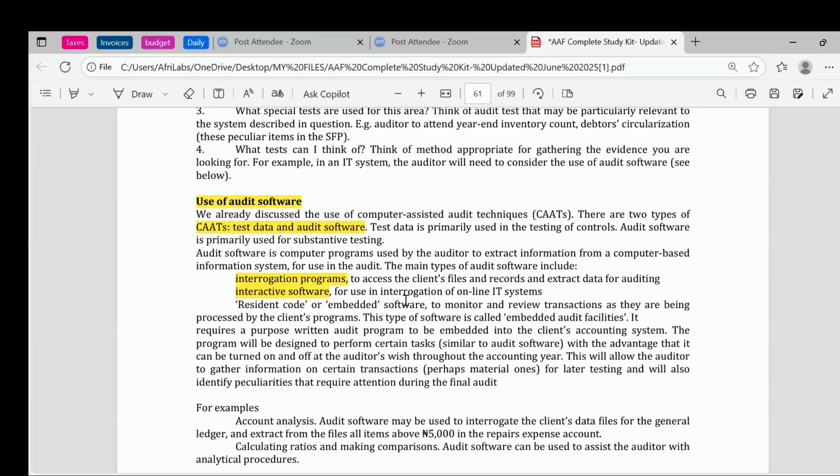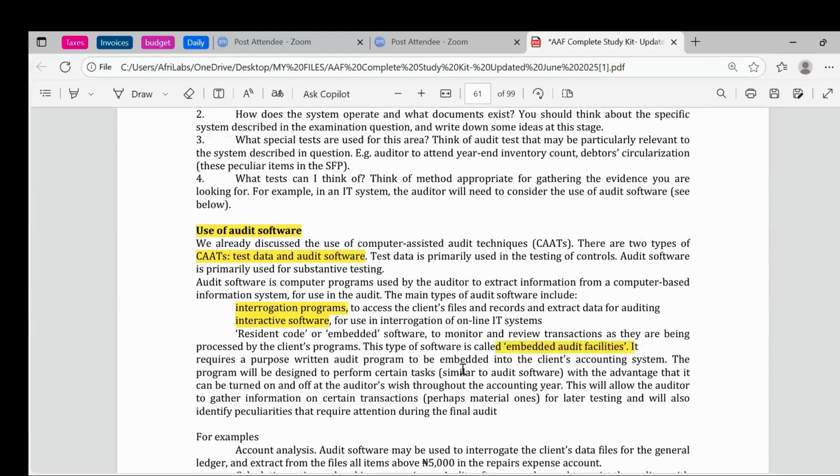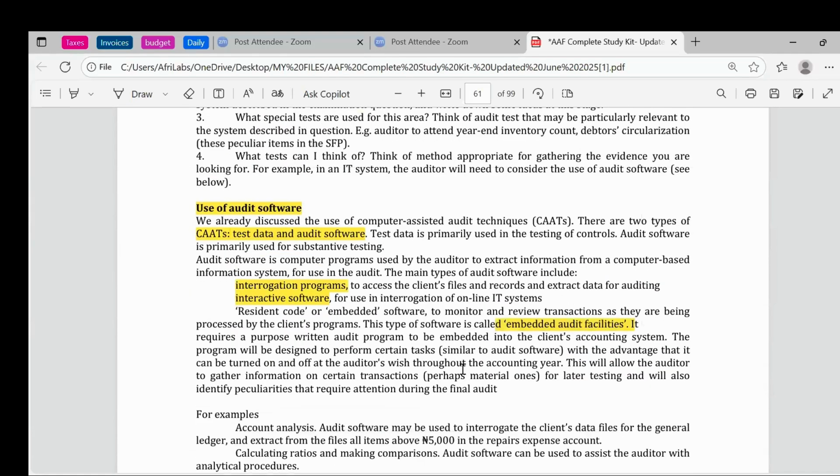Yeah, so we also have interrogative programs, they can either be resident codes or embedded software. So basically, we want to do this in a way that it helps us to extract information. But how easy is it? There's a software they call embedded audit facility. It is a program that has been written that you can embed into the client's accounting system that will perform certain tasks